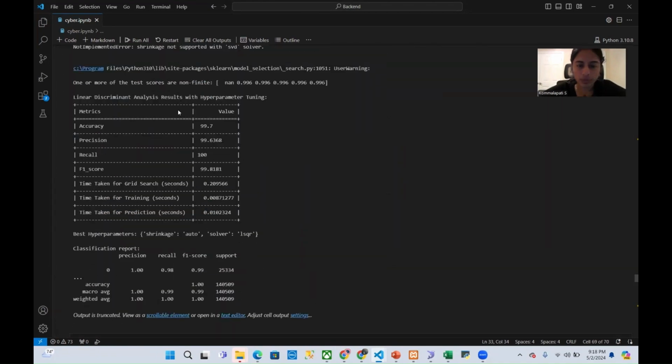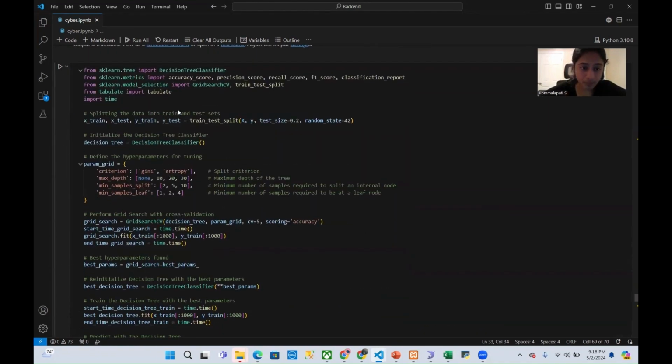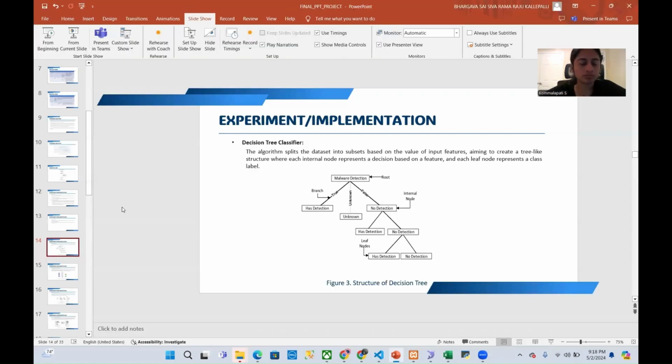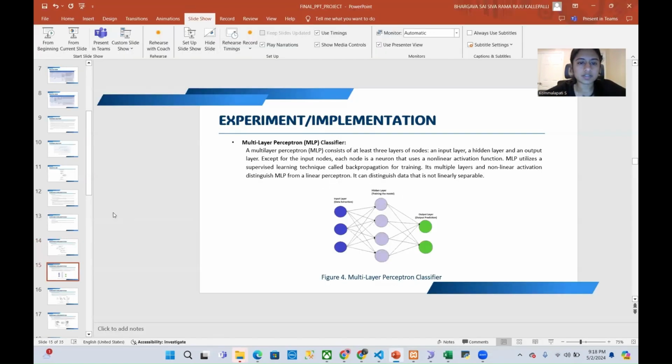We also used hyperparameter tuning. Here we can clearly see the accuracy, precision, recall, and F1 score values are now 100, and the best hyperparameters for this classifier are shown here. Next, let's move on to the next classifier.